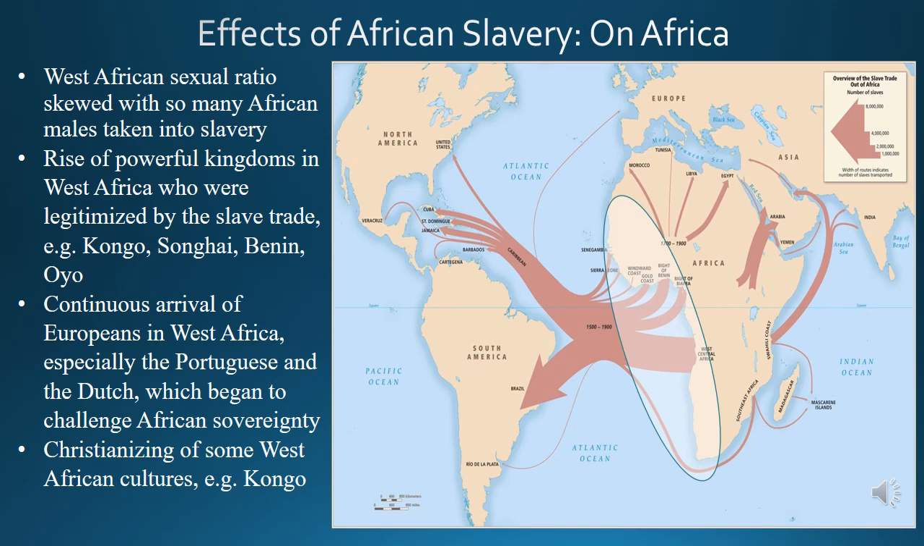Additionally, the rise of powerful kingdoms in West Africa, who were legitimized by the slave trade, occurred during the early modern period. For example, the Asante, in modern-day Ghana in West Africa, traded gold, other scarce resources, and slaves with the Portuguese initially. Eventually, the English would arrive in the region and expand and intensify the trans-African slave trade with the Ashanti. Also, the Kingdom of the Congo in Southwest Africa, in modern-day nations of Angola, Democratic Republic of the Congo,